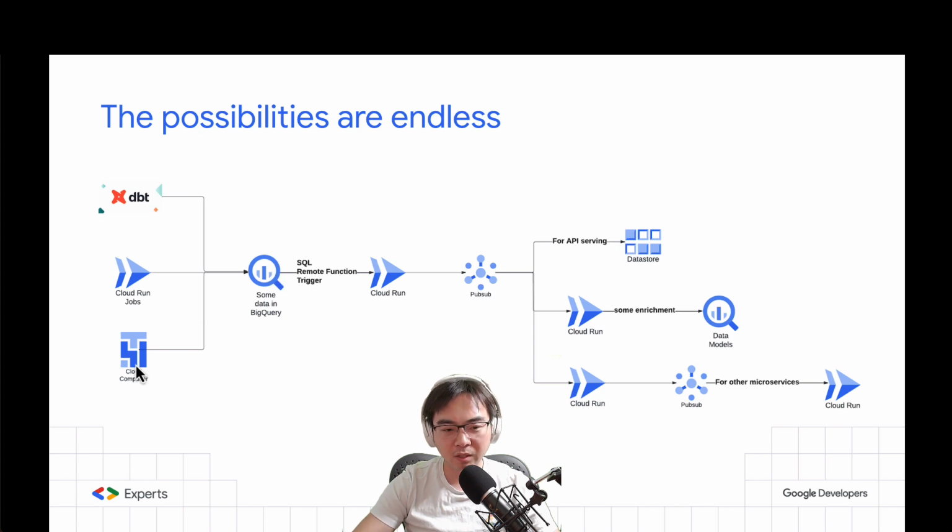You could also have Cloud Composer maybe doing some ingestion, and then getting data into BigQuery. So all of these, when they land in BigQuery, you could deploy the remote functions to allow all of these data models, as soon as they land, to trigger events via Cloud Run, right? So those go to Cloud Run, but importantly, I don't actually think putting it into Datastore is the best way